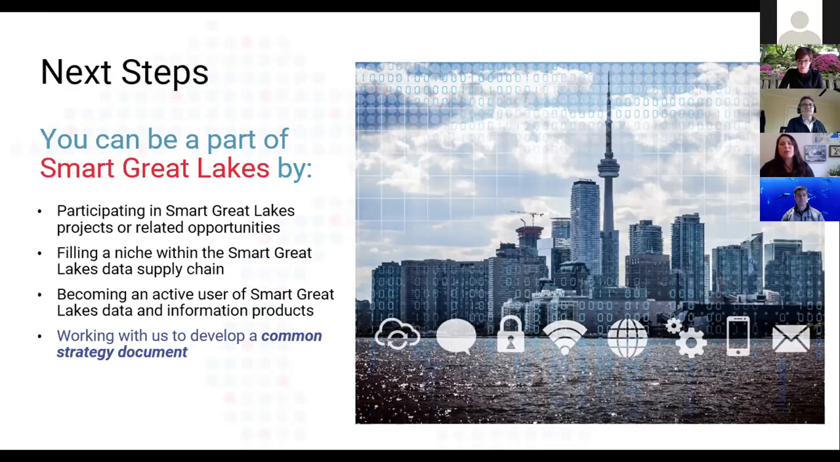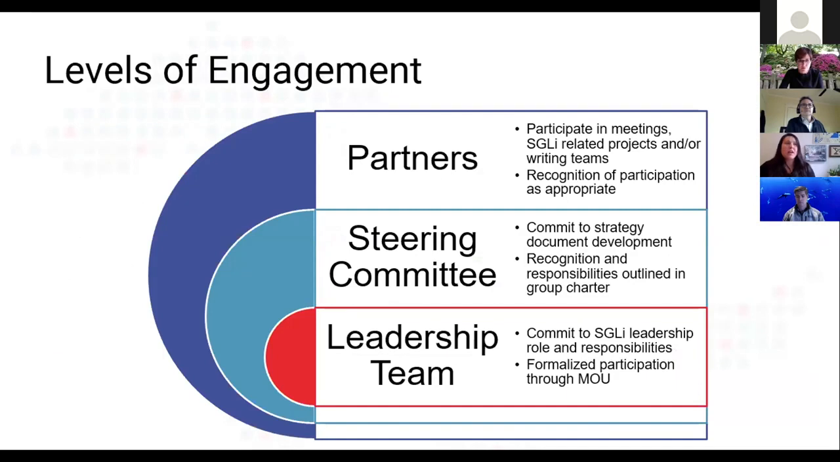But probably the most straightforward deliverable that we're trying to achieve here in the short term is the development of a common strategy document, which I sort of alluded to in my earlier presentation. And I'm going to talk a little bit more about that document,